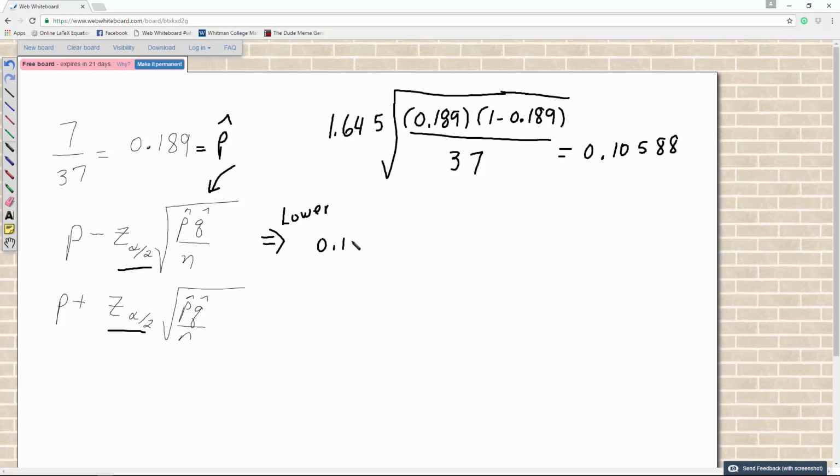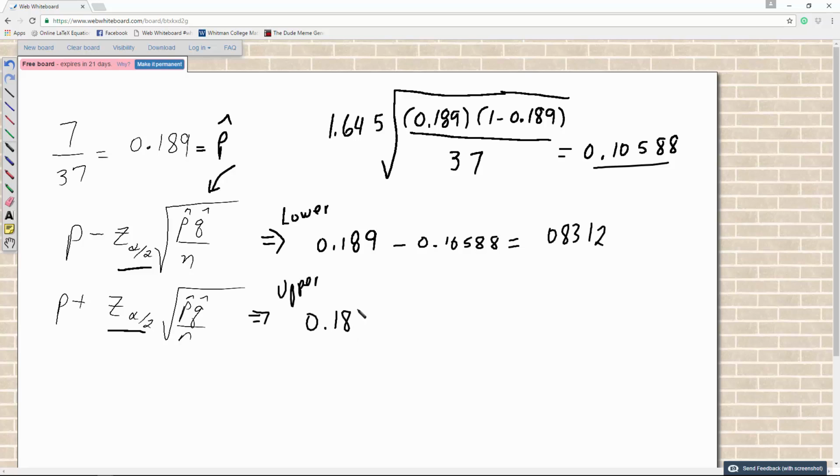And so now to get my confidence interval, for the lower one I'm going to take my 0.189 minus this value, 0.10588, sorry for the terrible writing, and I get 0.08312. And then for the upper, I'm just doing the same thing, but in this case I'm going to add the 0.10588, and I get